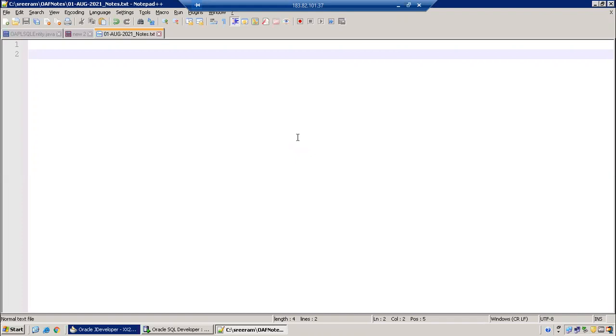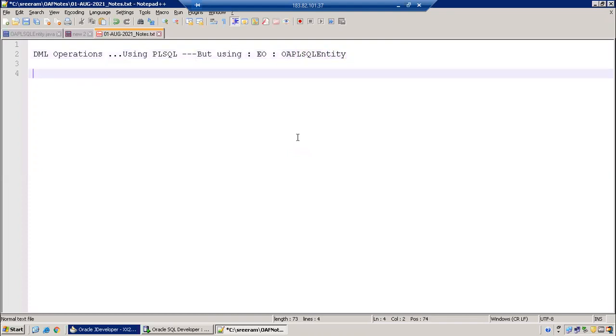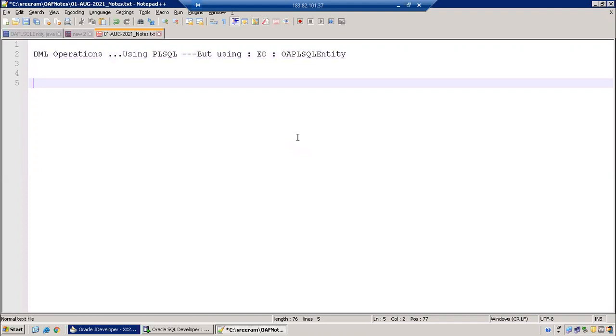So in this session, we'll discuss DML operations, the same thing like a DML operation using PLSQL, but using the entity concept, nothing but OAPLSQL entity. Okay, so if you observe the onion layer, we have page, CO, AM, VO,